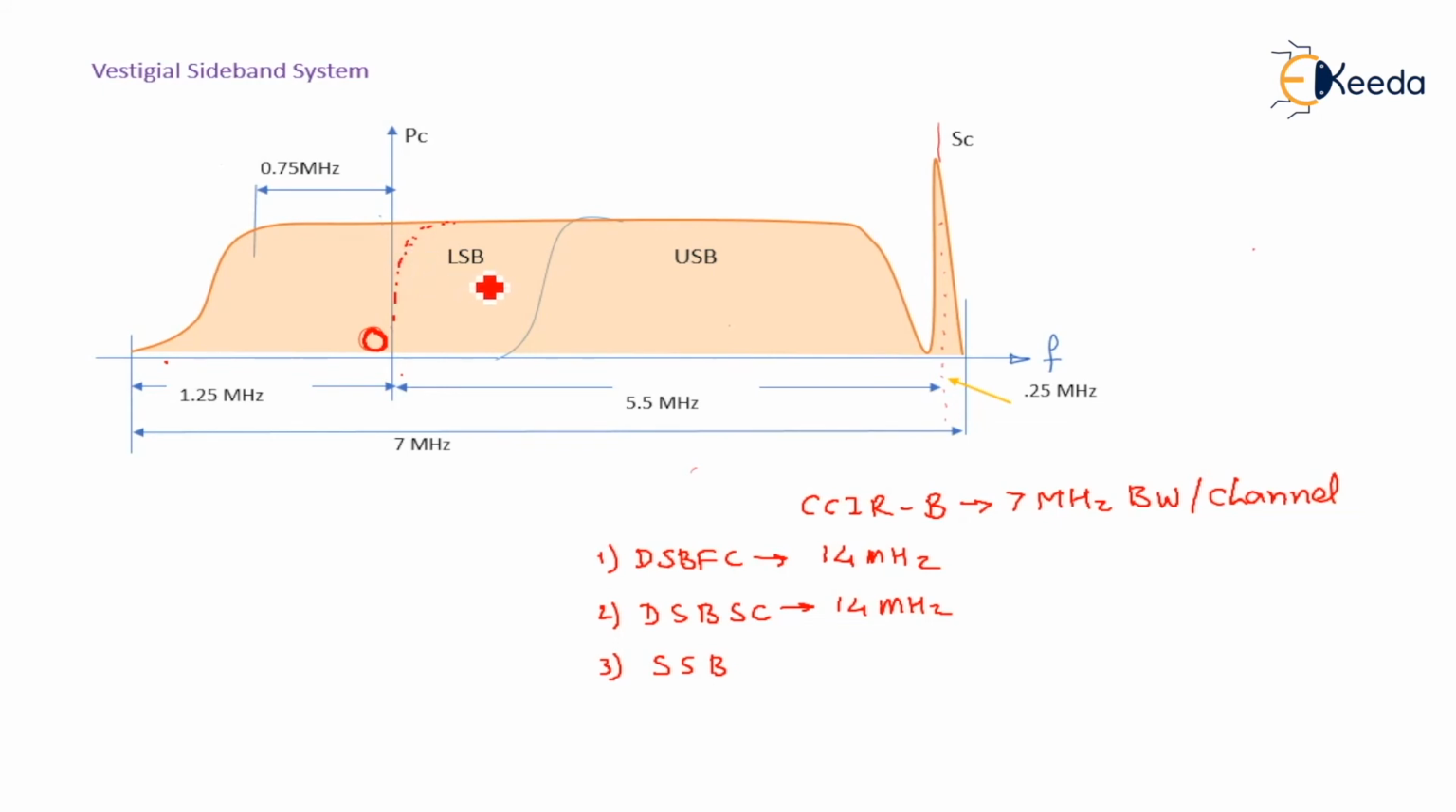That's why for the lower sideband, some additional 0.75 megahertz we are taking into consideration and sending along with the original upper sideband. Here 0.5 megahertz attenuation rather you can say it is there, and 0.75, that means 1.25 megahertz beyond the picture carrier it is used,